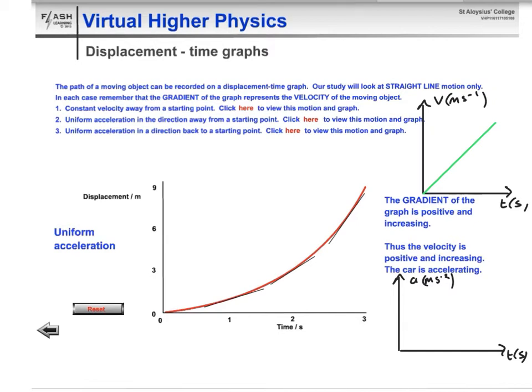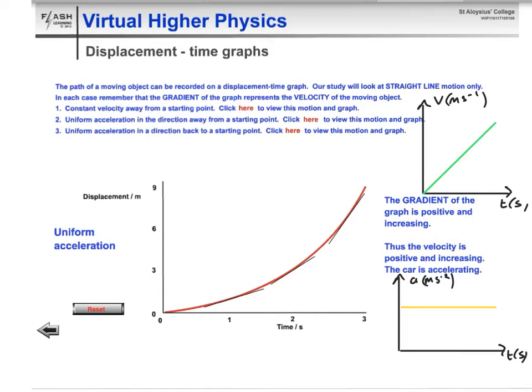Alright, so what does that mean then for the acceleration time graph? Well, this time the car is accelerating, but at a constant rate of acceleration. So the car's speeding up, but the rate at which it's speeding up is constant. That's what you're seeing on your straight line there. So yes, the velocity is increasing, but at a steady rate, a constant rate. So that means that your graph for your acceleration time would be positive acceleration